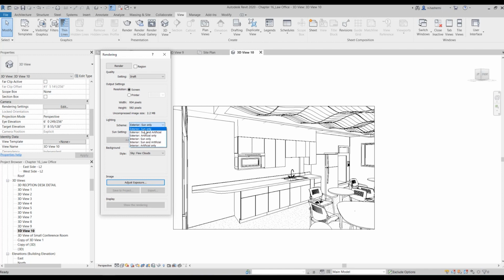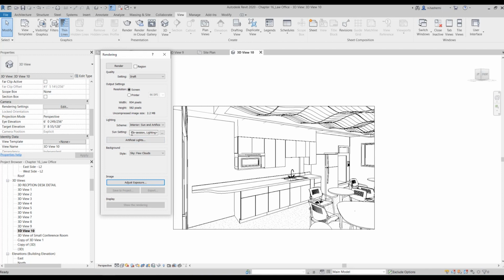You can pick between these, and if you are going to create exterior renderings, you can pick one of these. I'm going to pick sun and artificial for right now, because you may have some lightings in here and you want them to be present in your renderings.